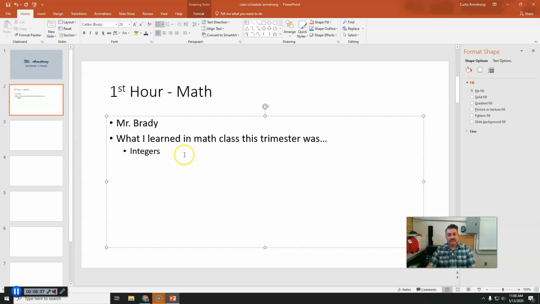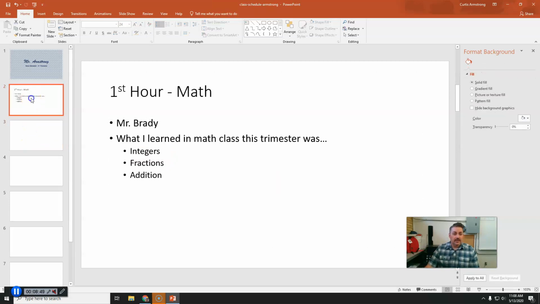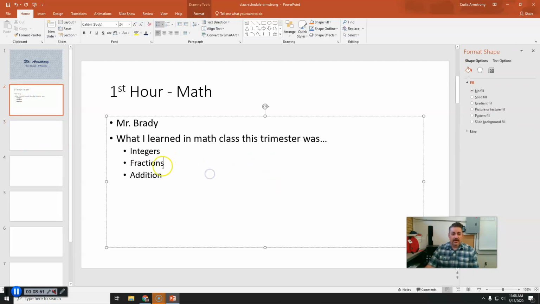What I learned in math class this trimester was integers, fractions, additions. I don't know. All right. Okay, that looks pretty good right now. If you click on it, you get this right here. So